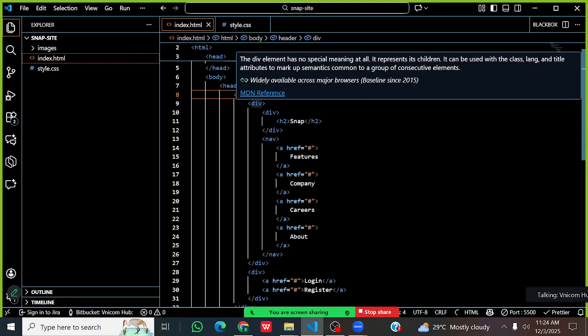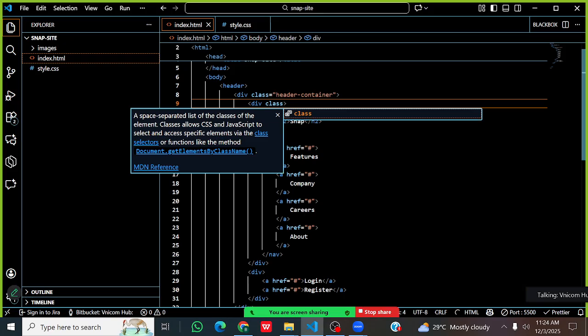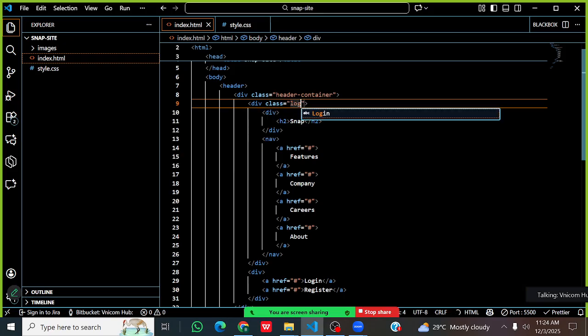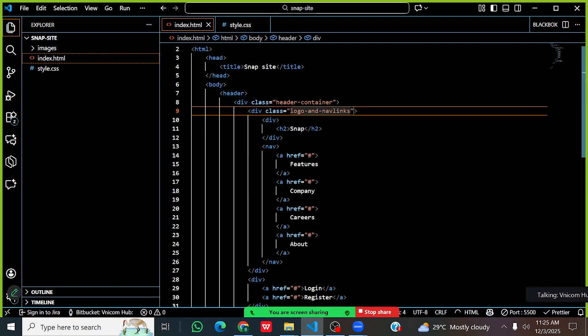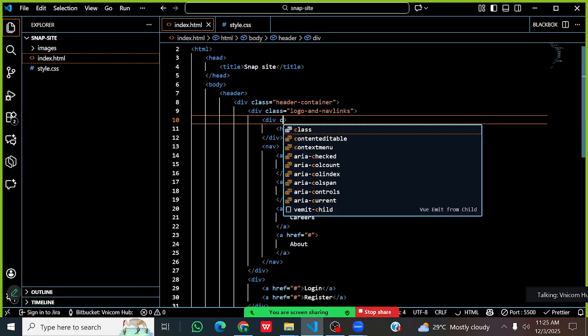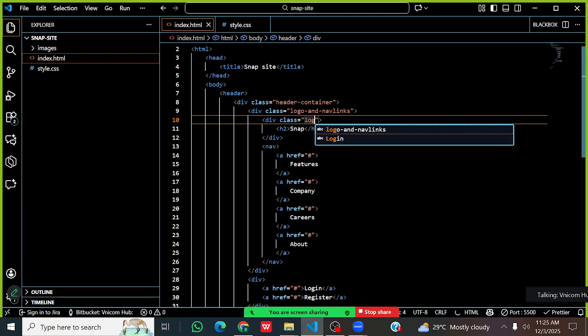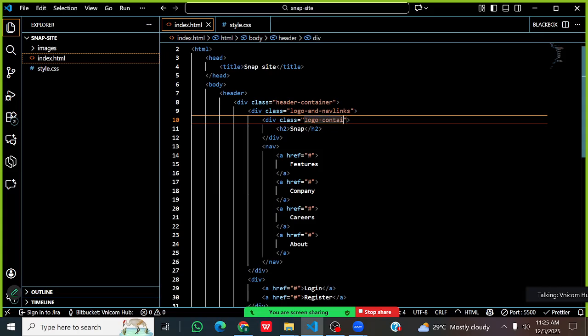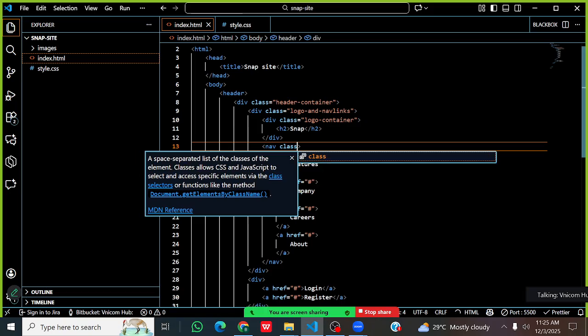So this is the first item, which has the logo and the nav link. So I'm going to give this, I'll call it logo and nav links. Okay, so inside the logo and nav link container, we have the logo there. I'm giving a class name. I'll call this logo container. While this other one, I'll give it a class name and I'll call it